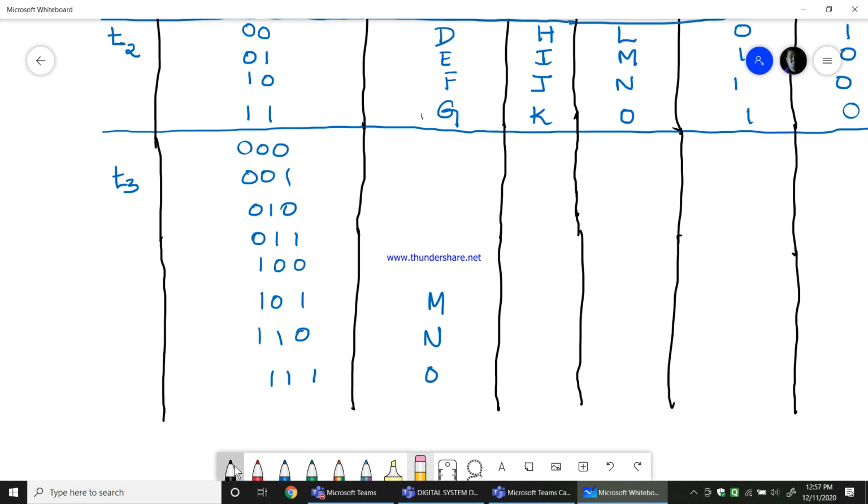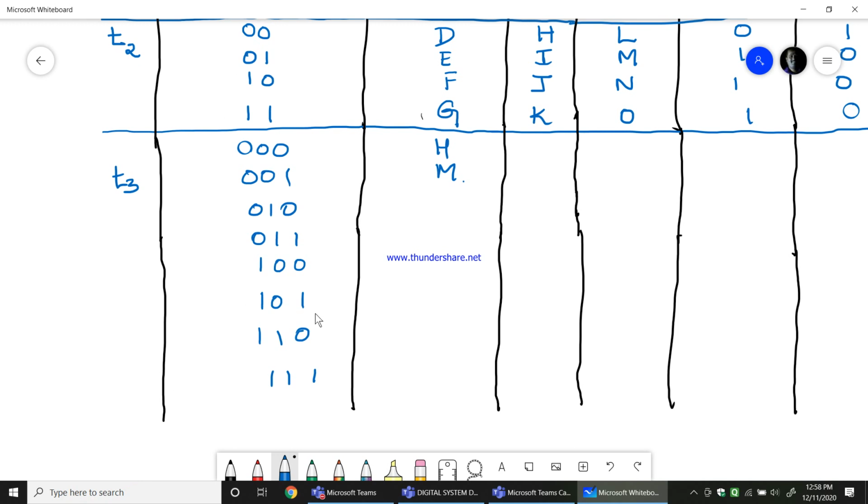I will only represent H. And similarly, I will not represent M, N, O, I will only represent one single state M. The reason is, let me keep this input as it is. It means I need not have this input, because while writing the K map, we again convert this table into the next table.